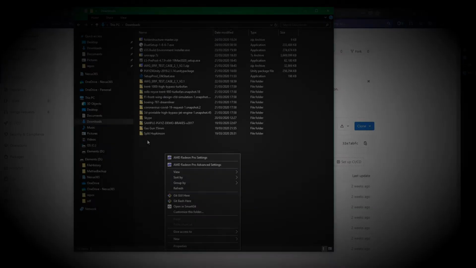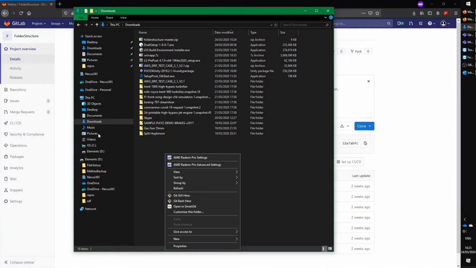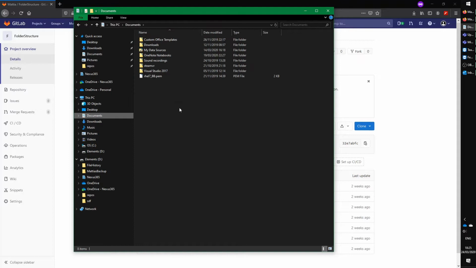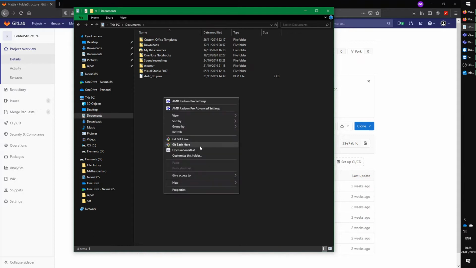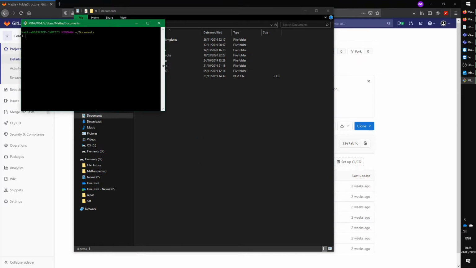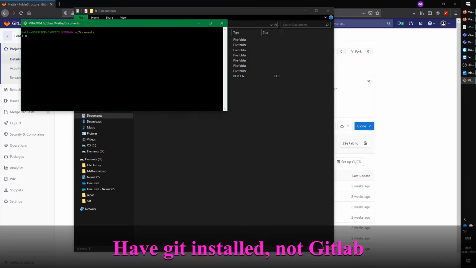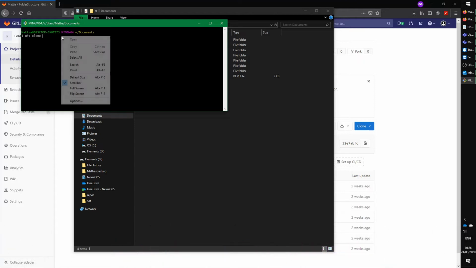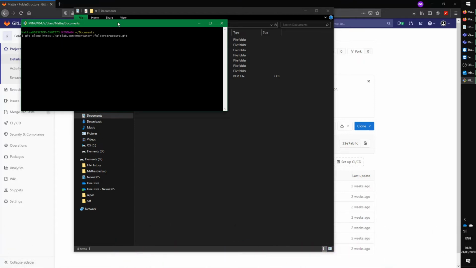New video. You can go to whatever folder you want in your PC. You can git bash here, and that requires having Git installed. And all you need to do is git clone and paste the URL